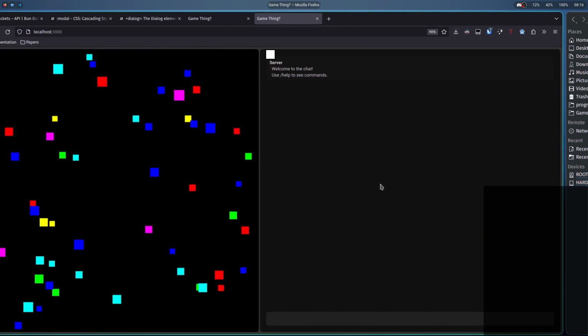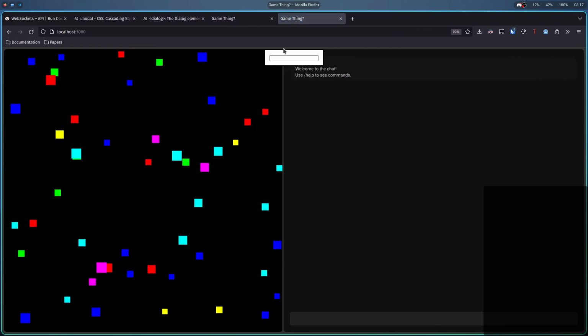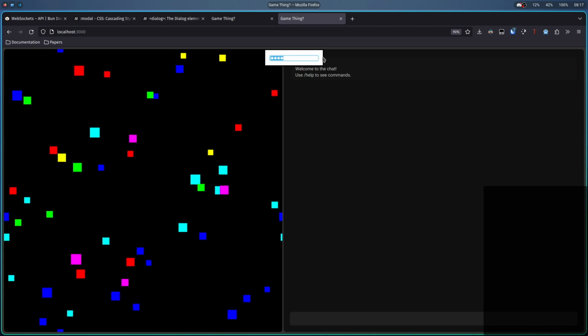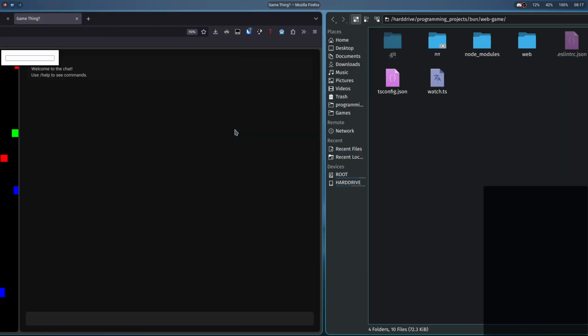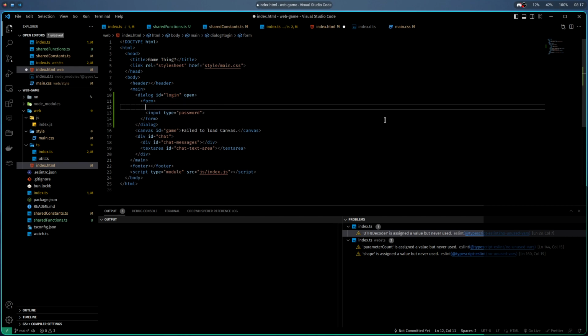Cool. Input, no, that's not. Type equals password. Okay. And I want another input for